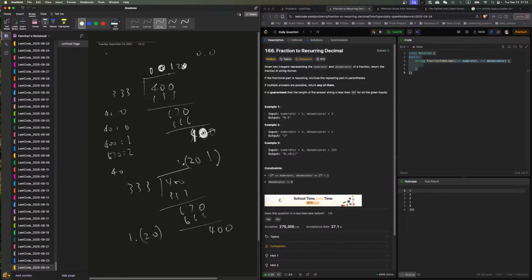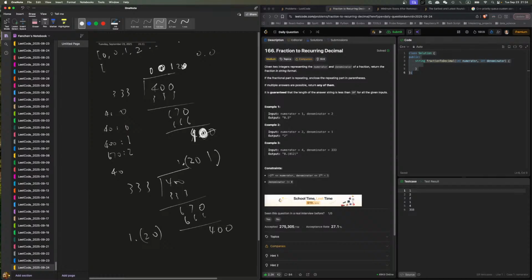So what I need is a list of dividends and a list of their quotients. It shouldn't be just the list of quotients because I want to find it fast. Which means I'll push this in: 0, 0, 1, 2,